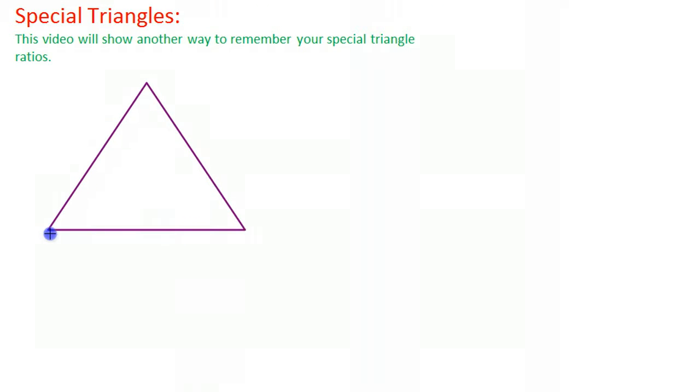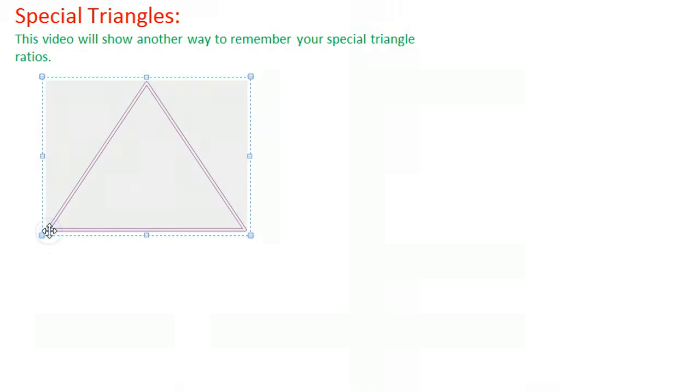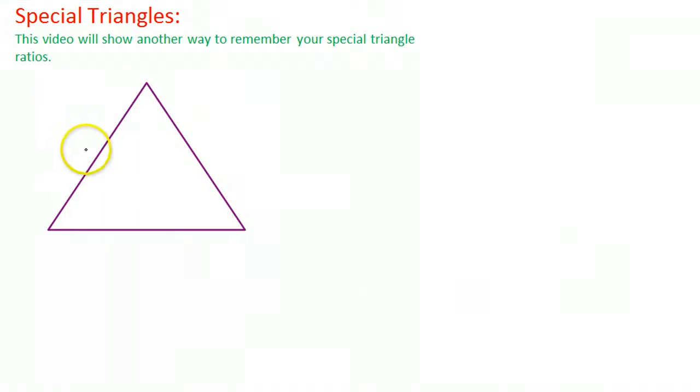So this is another way to remember your special triangles. I think a student actually gave me this one, which I quite liked. What you do is you draw an equilateral triangle, and you write on each side of the equilateral triangle a length of 2, 2, and 2, right? So then what you do is you draw in